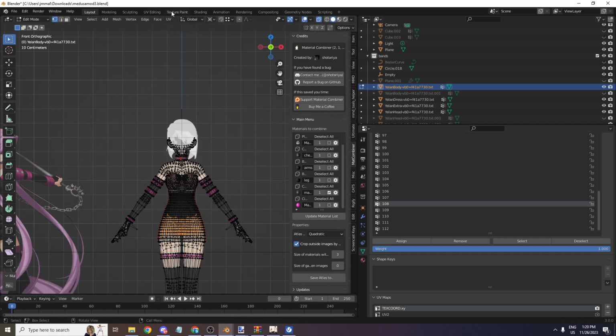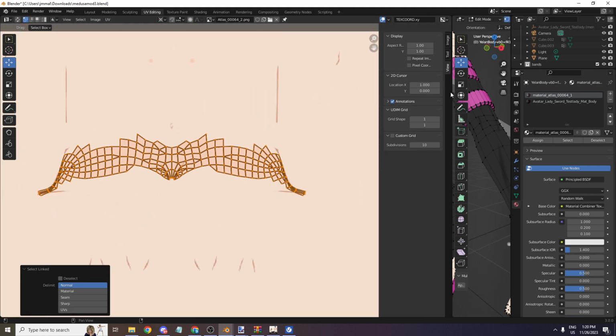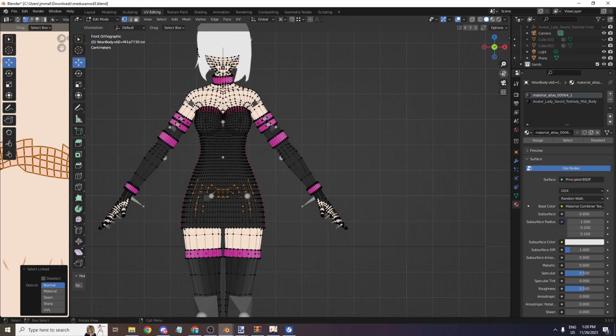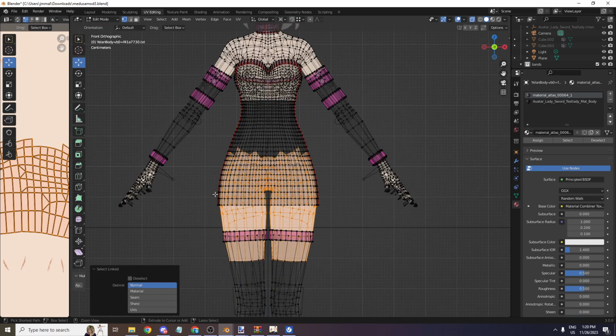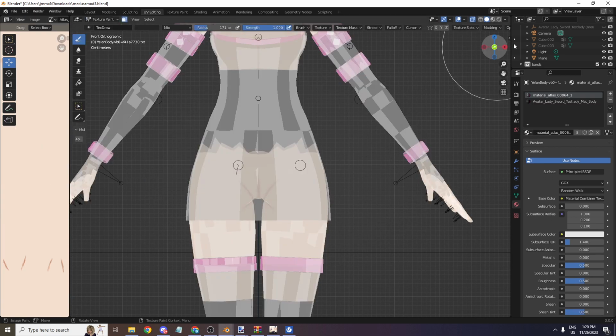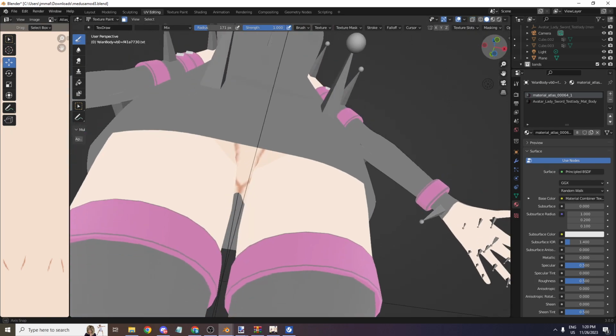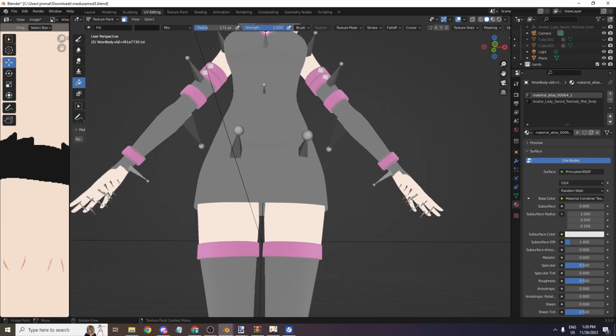Let's just check the UVs. So what I'm doing right now is I'm just adding some black part to the legs to not look weird. Hang on a sec. Maybe just real quick, just like so. And we're going to use texture paint. We're going to mask it, so we're only going to texture paint this part we selected. And I'm a bit lazy, so all I'm going to do is use black, like so. Once that's done,